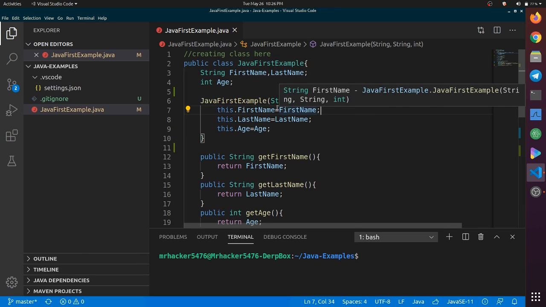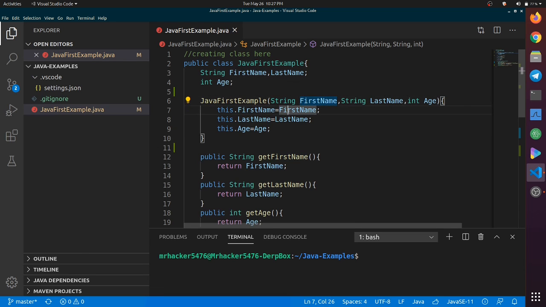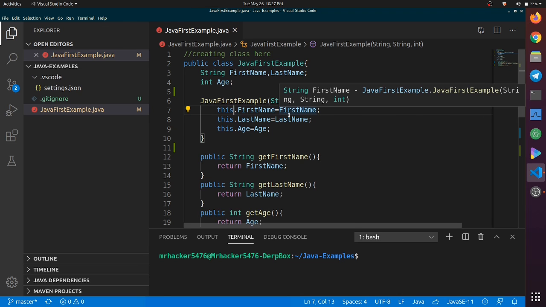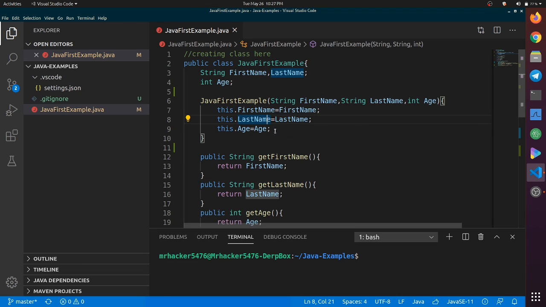With the help of the this keyword, we are assigning our received parameter values to our class variables, and after assigning those values to the variables, we are simply going to print them. Remember, the this keyword always refers to the current object of the class, which means it refers to the object which is accessing the class currently.